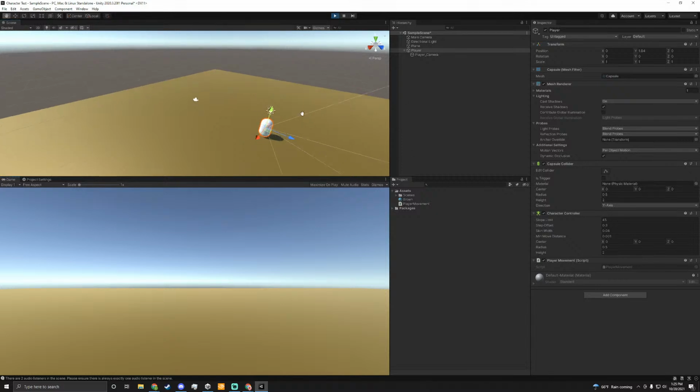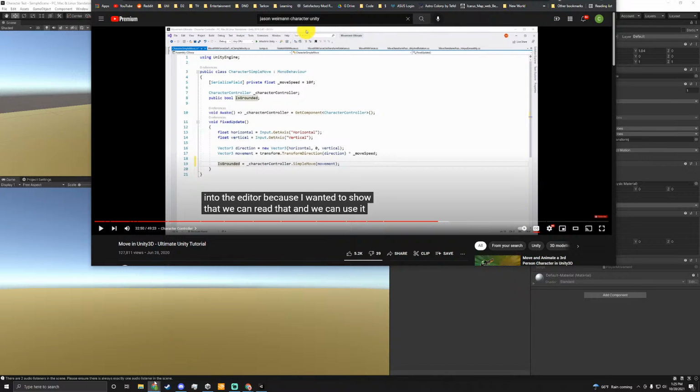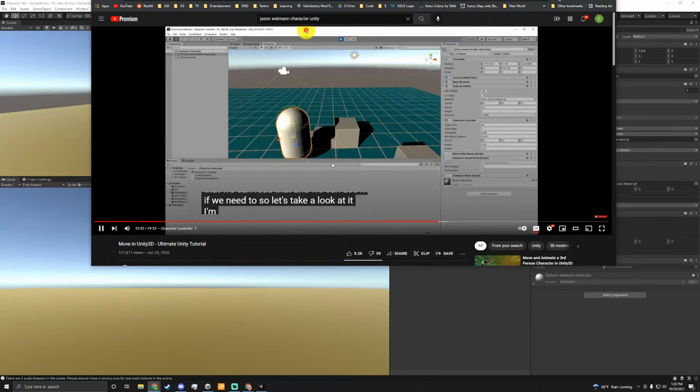The thing that bothers me about this, it doesn't seem to have physics. And that's the thing I was finding before. If we need to, let's take a look at it. I'm going to go in here. But you still have the move script. No, I'm not seeing a